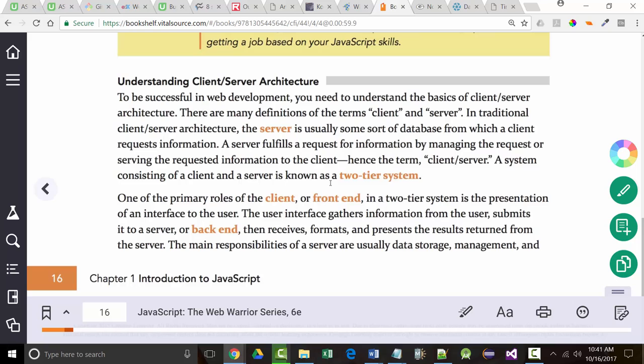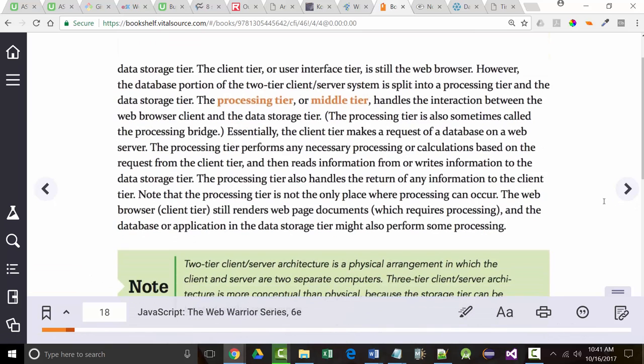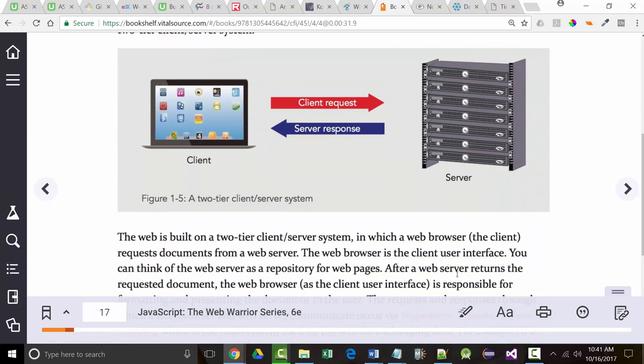Now, if you are working with a two-tier type of architecture, and this is what's mentioned on page 17 in the book, with a two-tier, you basically have one or more clients that are asking information of a single server. So the server will handle everything: data storage, answering the requests, everything that has to be done. All right? But as websites get more and more complex,